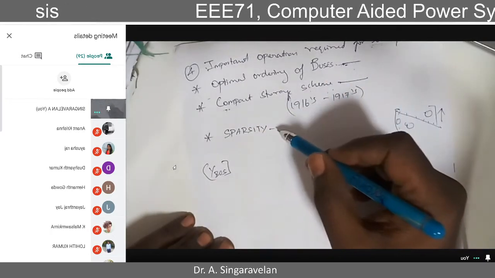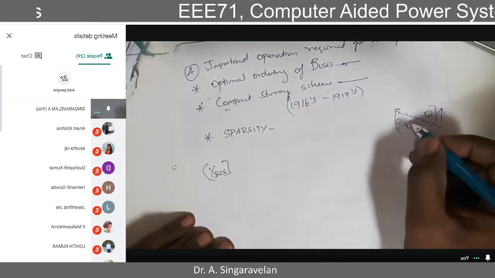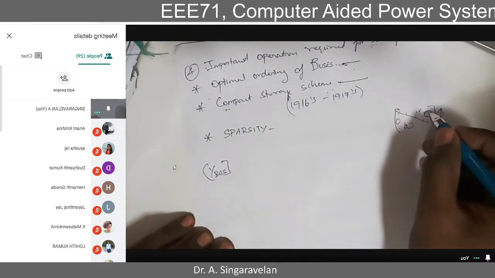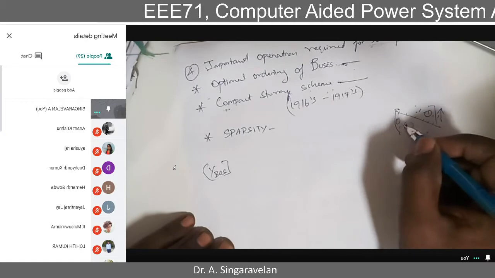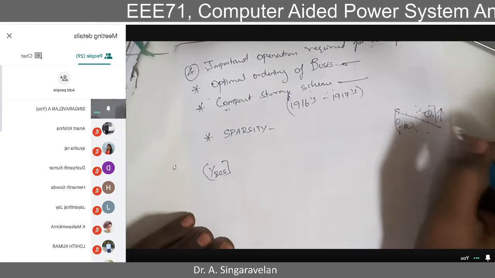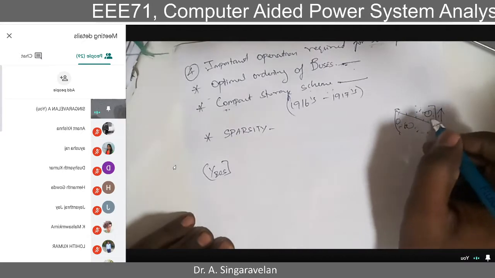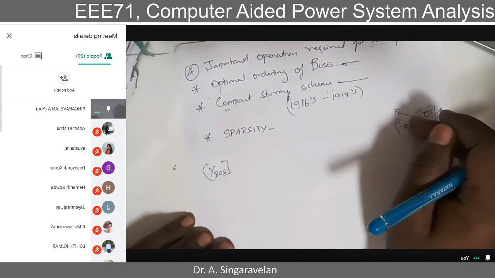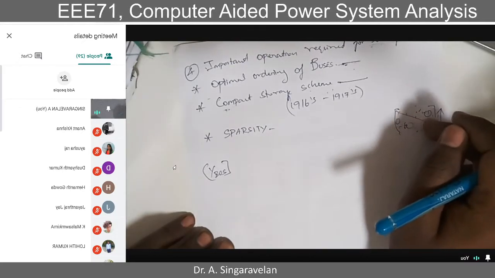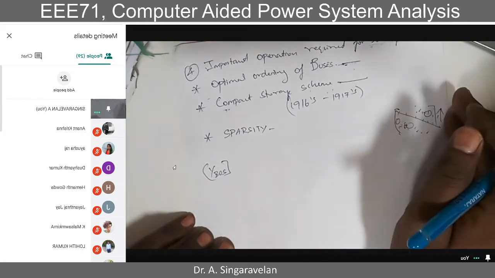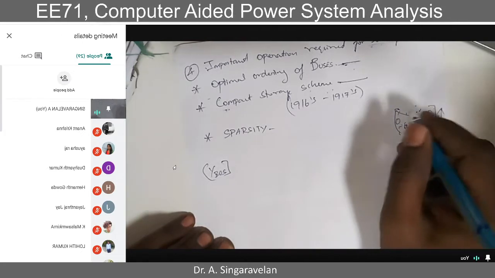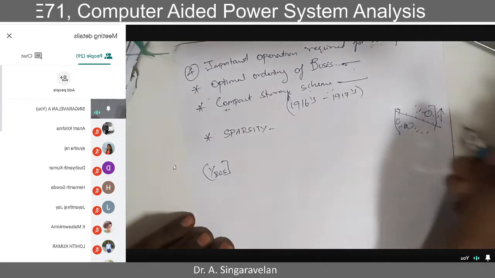Why is the sparsity less? Because if more mutual values are there, then it will reduce the sparsity. Am I right or wrong? For example, from Bangalore to Chennai, if one bus is there and again 2 or 3 more buses are coming from some other places, then Bangalore will also get a mutual and Chennai will also get a mutual.